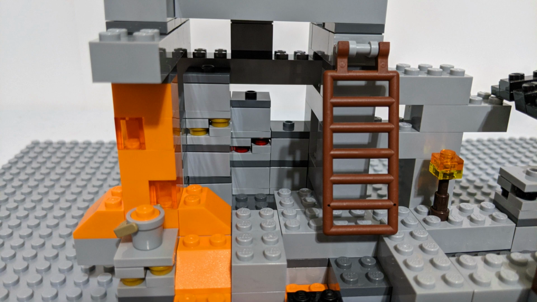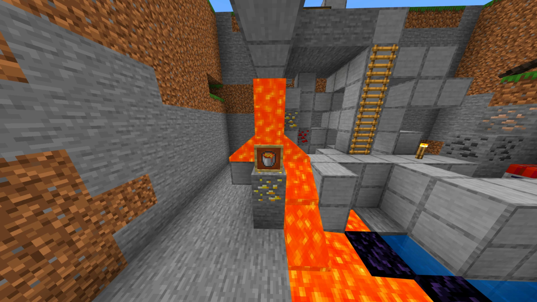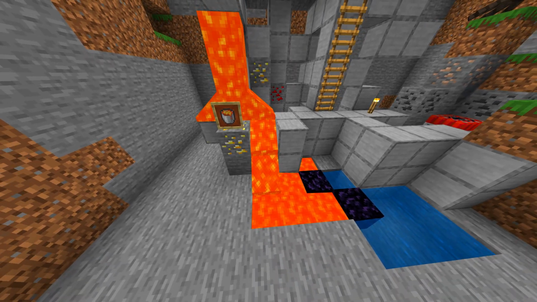In front of it, we can actually see a lava bucket. Now this can be a water bucket or a lava bucket. They give you that option in the set. I decided to put a lava bucket here just to add on to the lava, I guess. Nothing too big to point out here, but obviously it's a nice little lava flow that leads into a lava